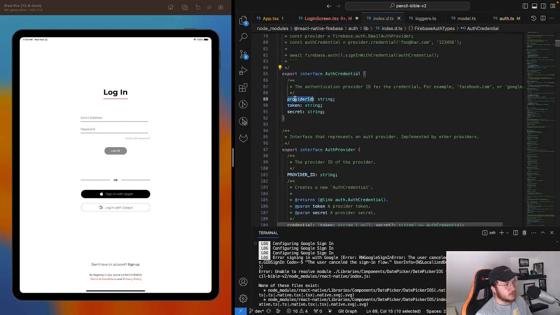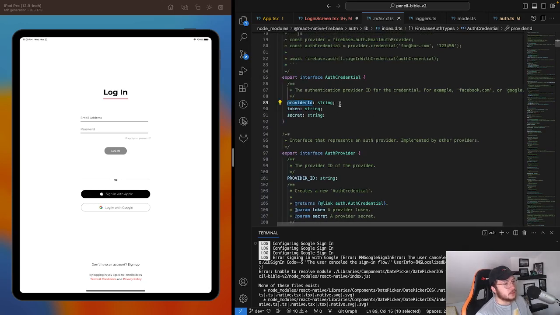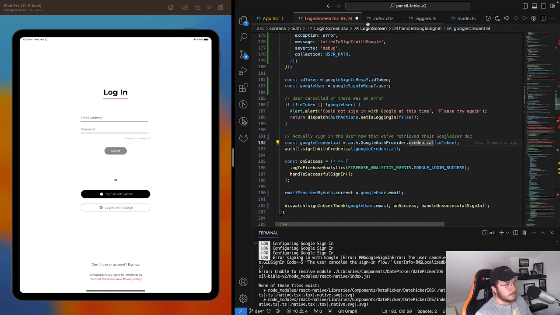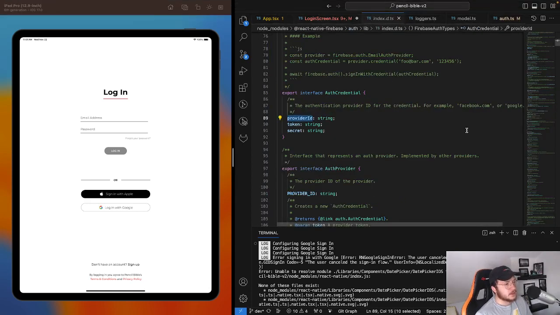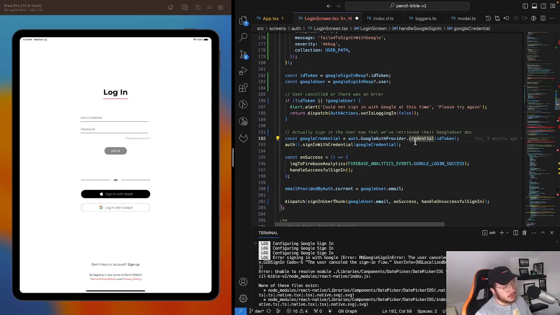Auth credential has a provider ID, the token, and the secret. The authentication provider ID for the credential, for example, facebook.com or google.com. Okay, that makes sense. I think this is where we would specify, I don't know if it supports WhatsApp login or anything like that,